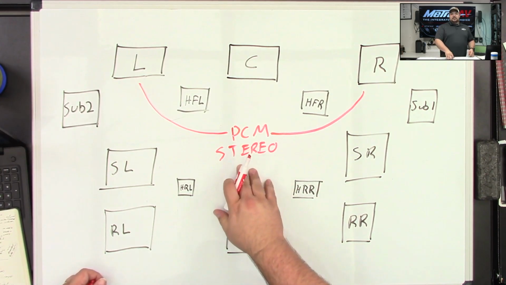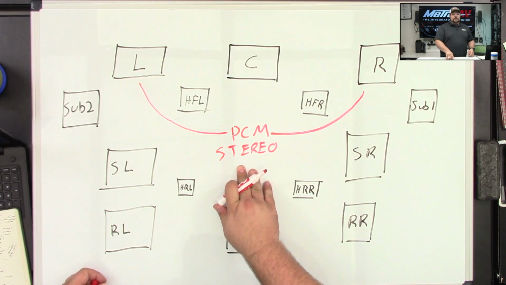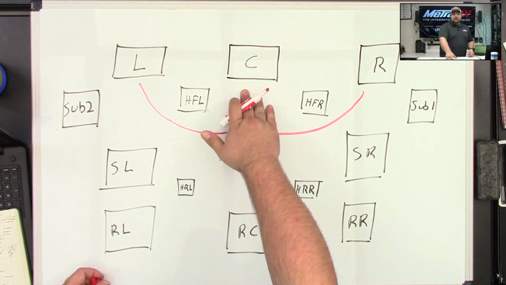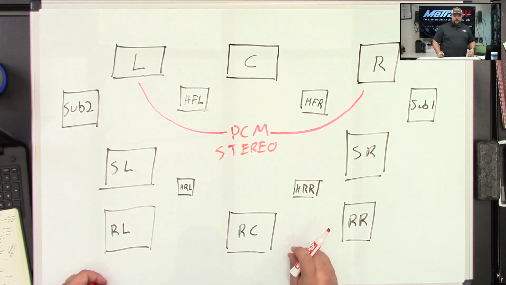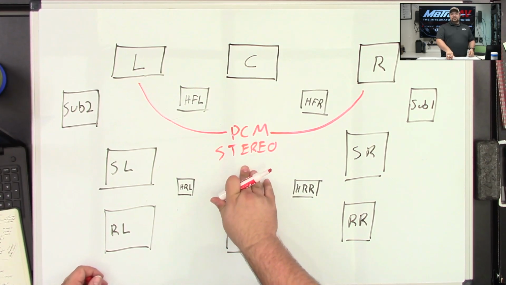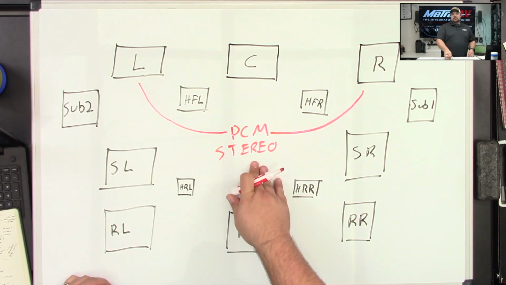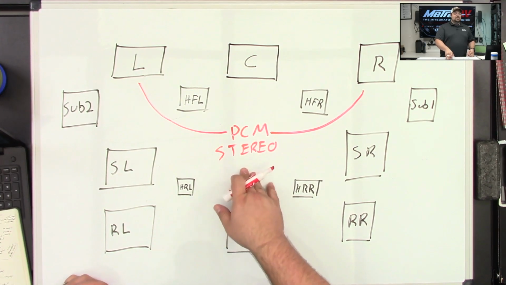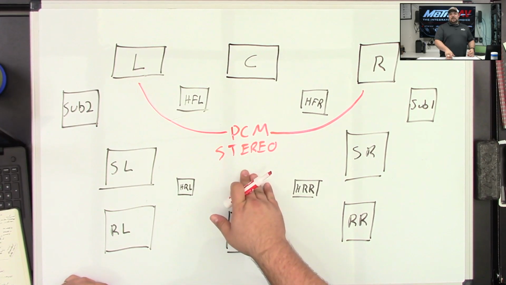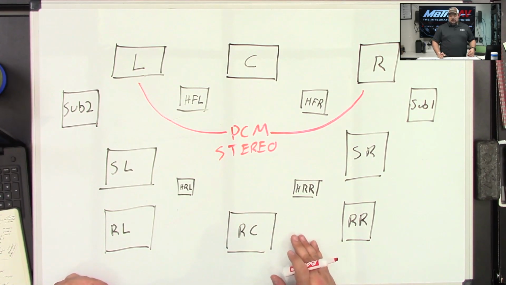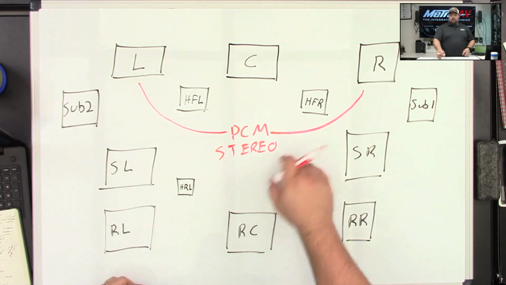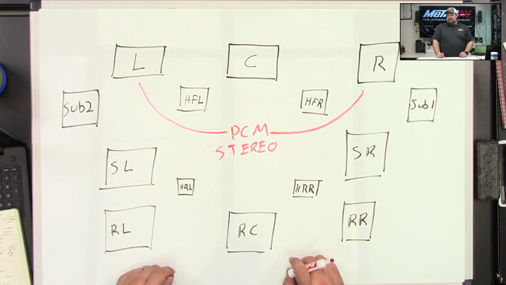So a PCM stereo connection, like I said, is almost the most basic, other than mono, where we just have one speaker, but in most cases we're not dealing with that now. PCM stereo is usually supported by almost everything. Very rarely are you going to have something that's not supported for PCM, and if it's not, usually that means it's just a straight analog signal where you already have the audio broken out over a left and right channel. With something like that, you don't really have to worry about it.